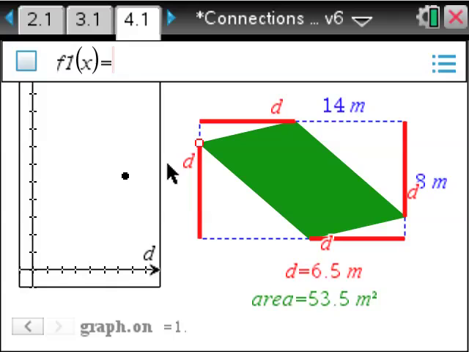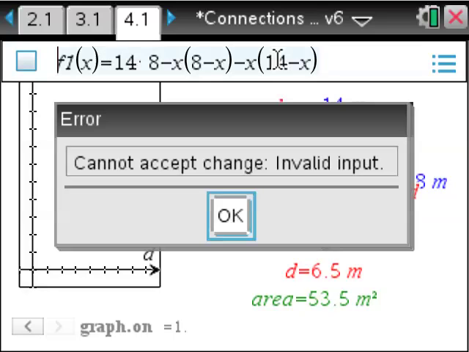So there could be a whole process gone through there, and you can type in the calculation in raw form if you wish. So if you were going to approach it by effectively doing the area of the whole rectangle and taking away all the different areas of the smaller triangles, for example, it would be X times (8 minus X) for the small triangles which are currently on show, and then there would be X times (14 minus X) for the other triangles,